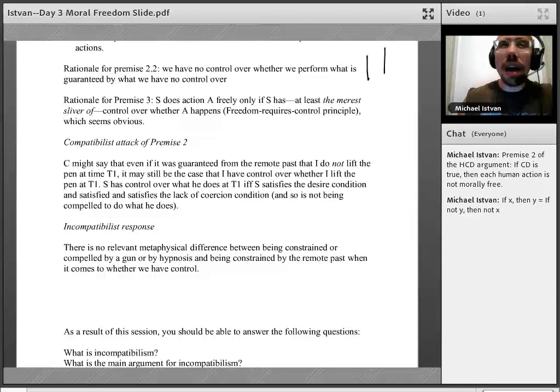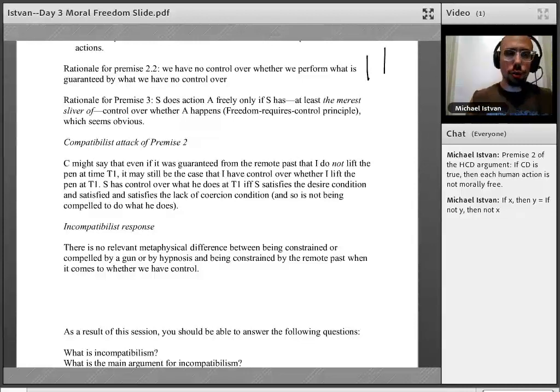Think about it. If you have absolutely no control over whether you fling your arm this way, did you do it freely? No. Freedom requires control, at least a smidgen of control, for the sake of the argument. No one's going to object to that. No one, in quotes, because there will be people. But we're not going to go into any attack of that today. Instead, I'm going to show you the one area that compatibilists jump on.